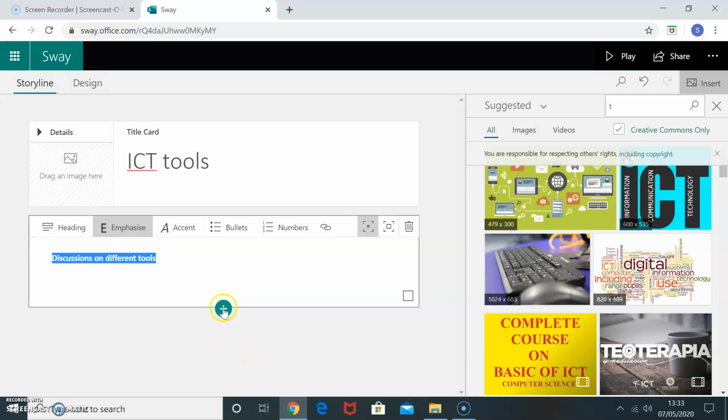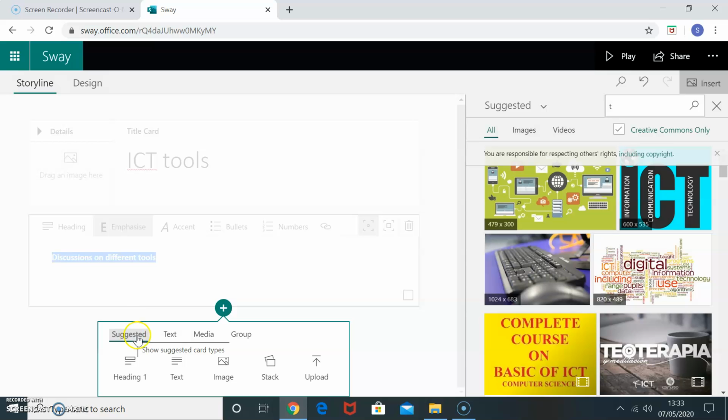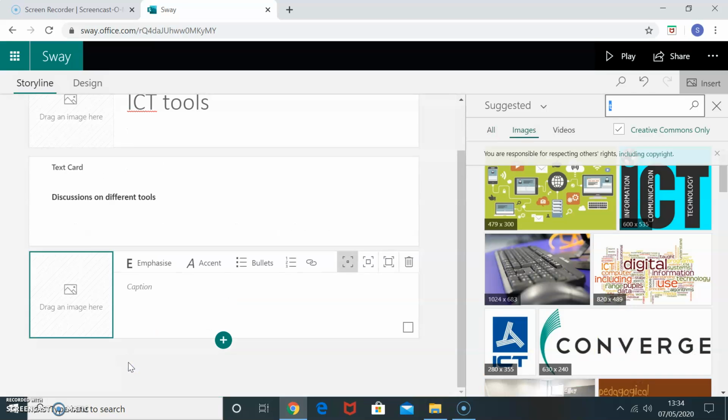So for the next slide, if you just see the slide to open, you need heading, text, image. If you want only text, if you want only media, you can even upload a video. If you have any video, you can also upload it. In the place of an image, you can upload the video and explain about it. So I am just going for image.